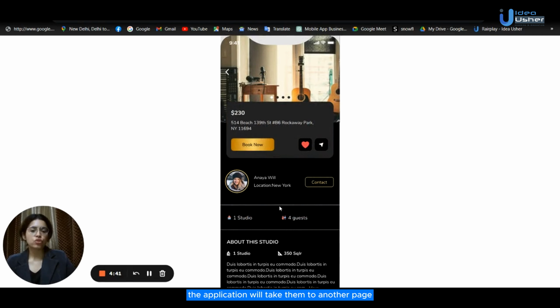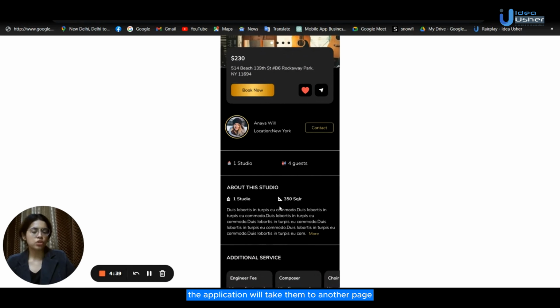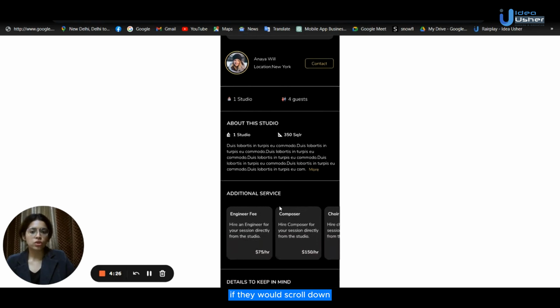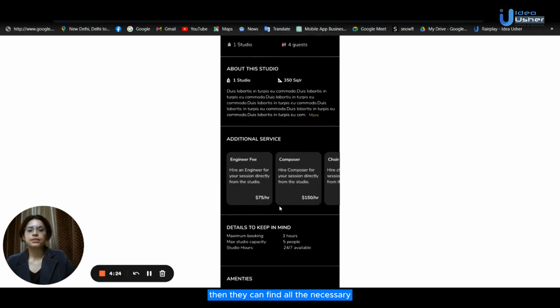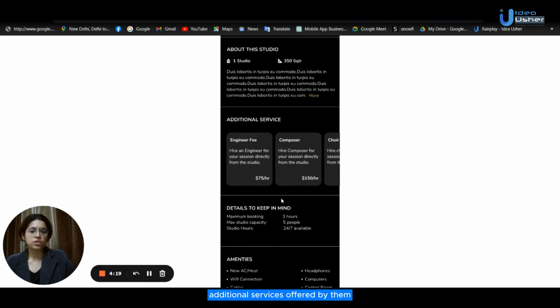The application will take them to another page on which the location of the property, the tariff, the address details will be mentioned, as well as the name of the property owner or the manager. If they scroll down, then they can find all the necessary information about the studio property, additional services offered